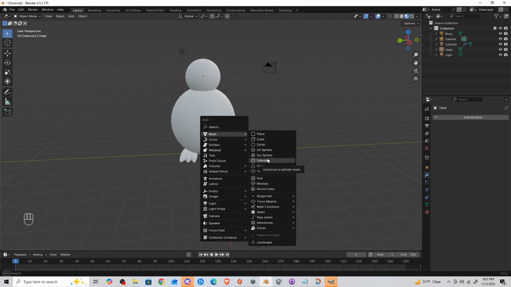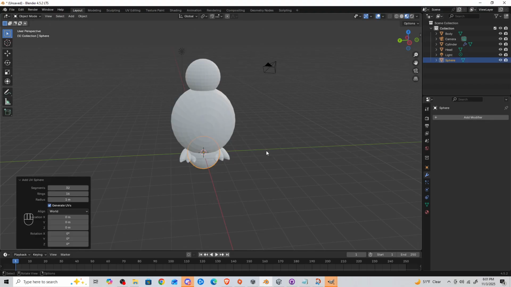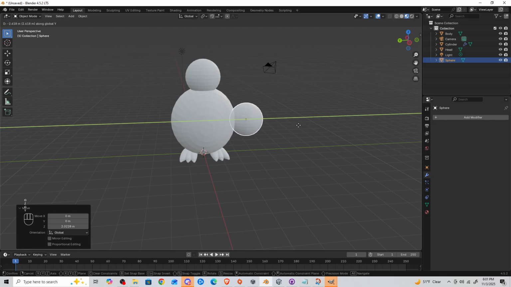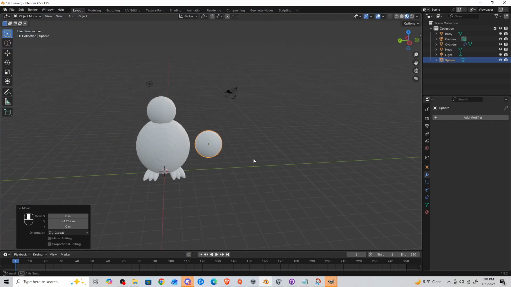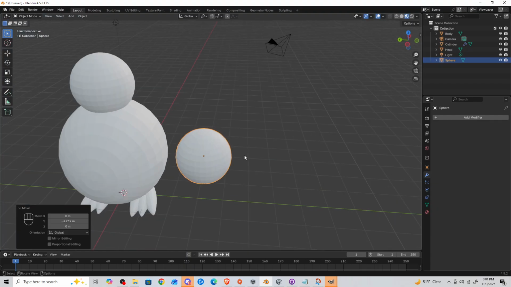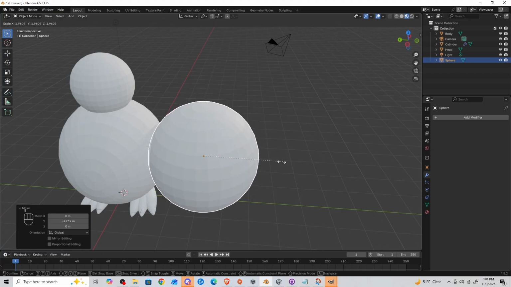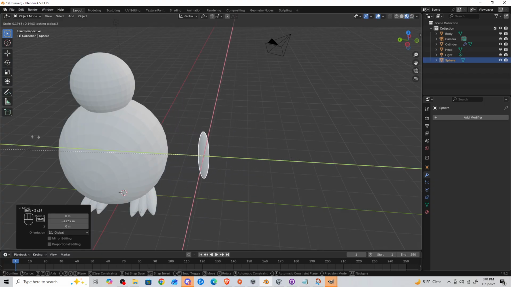Maybe we can do a similar thing to what we did. Maybe let's try with a UV sphere this time. So let's move it up and over. And then let's shrink it down along 2 of the 3 axes. So we'll go S, and then holding Shift and Z can make it so we get this kind of